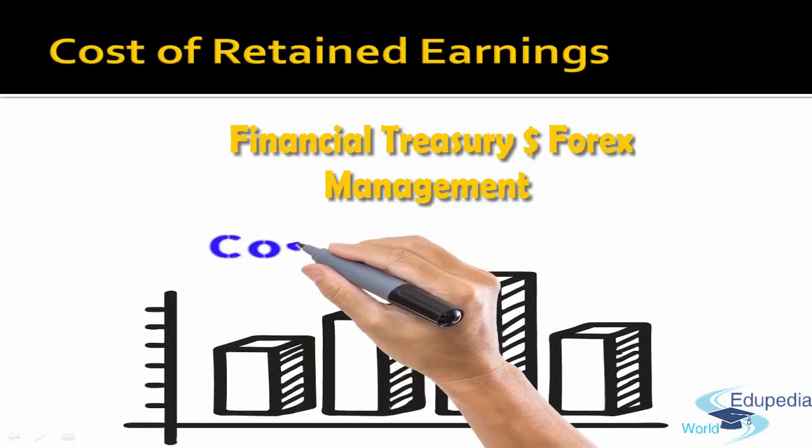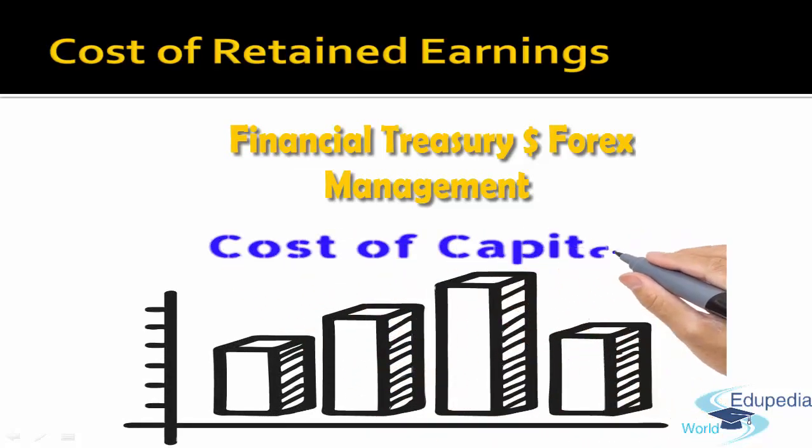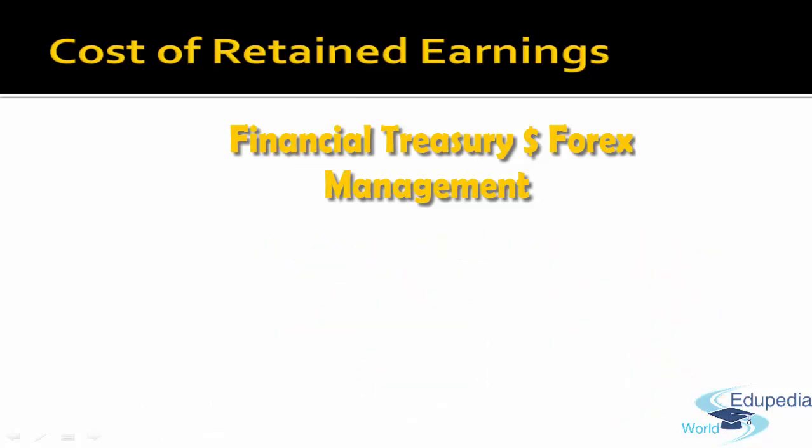It will not be the case that my KE will be 16%, but for the retained earnings that you have retained in the business, I'm happy with 10%, or that the equity shareholders expect 17% from those. No. So the cost of retained earnings, or the expectation, is equal to KE, the cost of equity. So why are we computing retained earnings and equity separately?